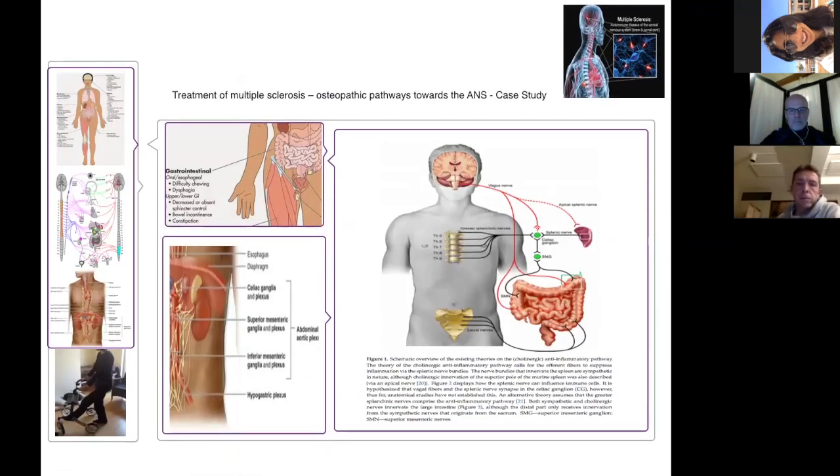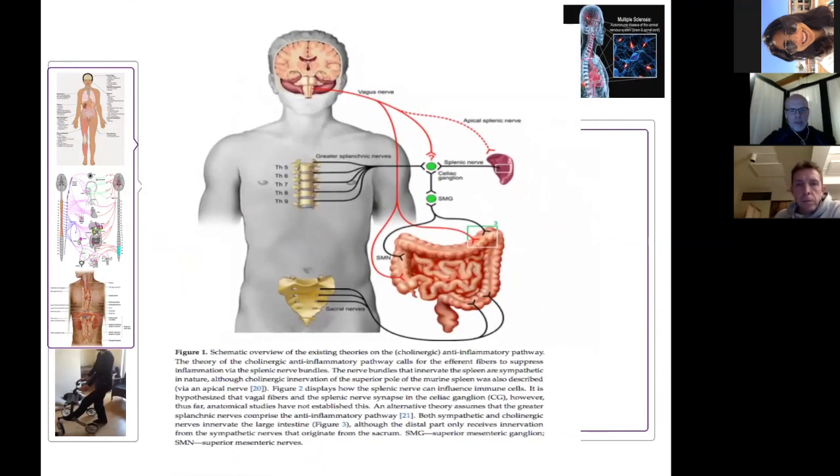So one of the things I wanted to show you here is the actual connection that we